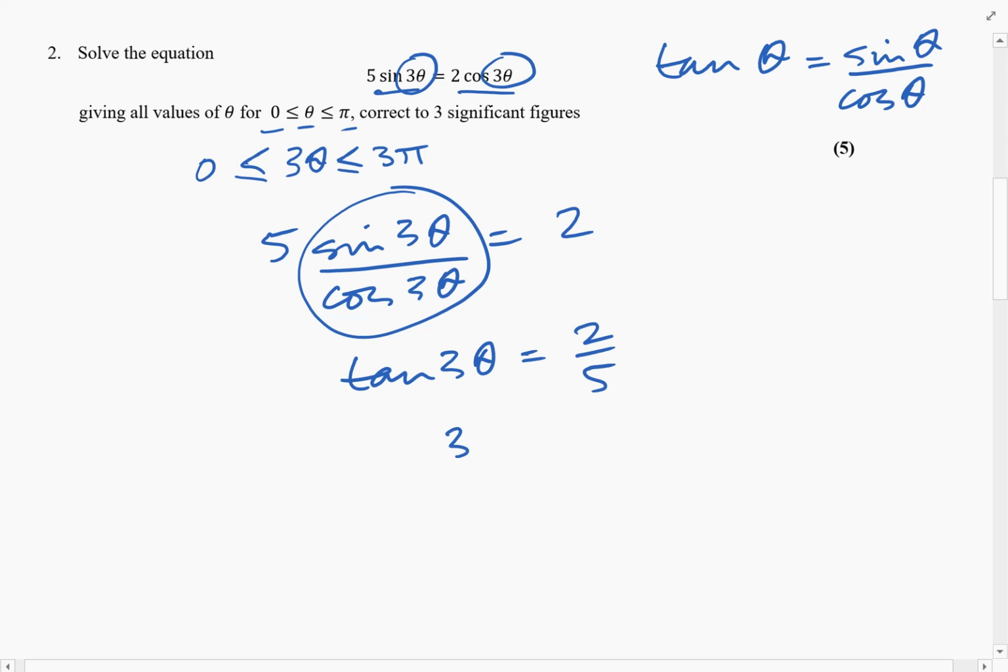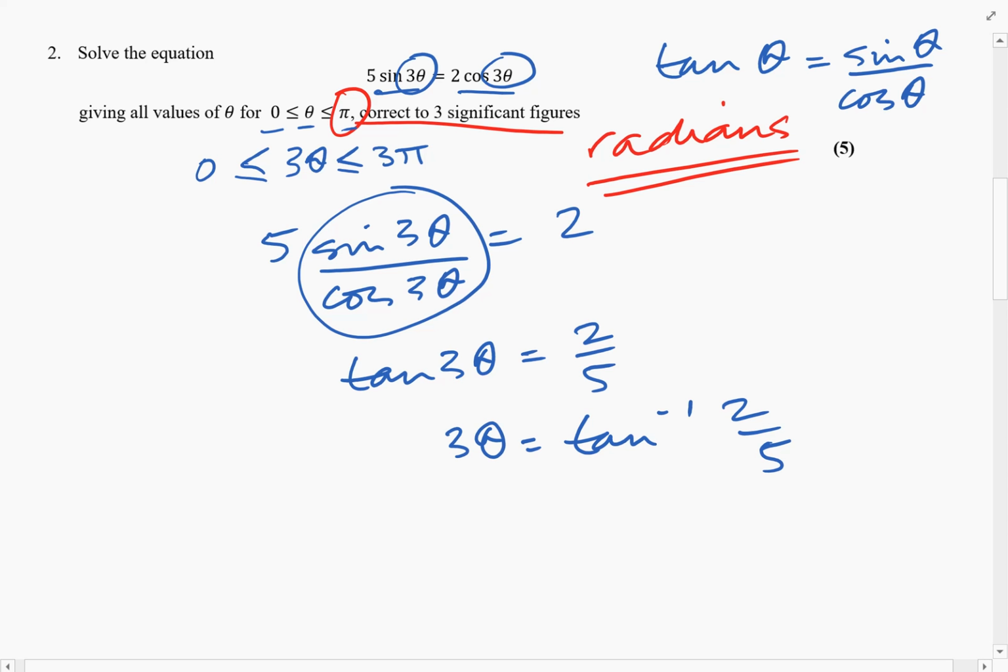Now we could do inverse tan. So that would be tan to minus 1, 2/5. Now this time be careful because of this pi up here. You need to make sure we're in radians. Okay, so make sure your calculator is in radians. And if you do inverse tan or shift tan of 2/5 on your calculator,